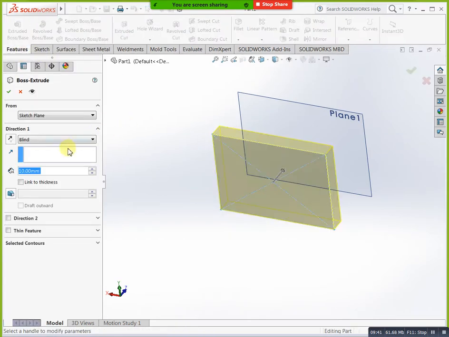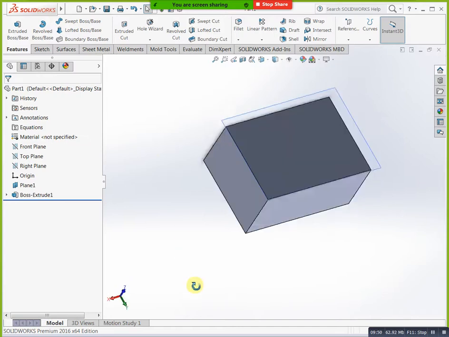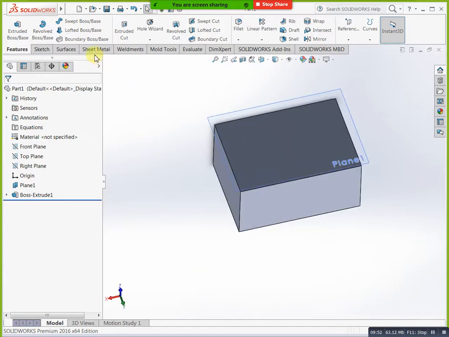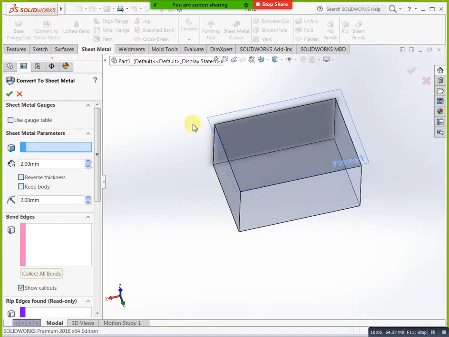Convert to sheet metal means, for example, if we have any type of solid model, that solid model I need to convert it into sheet metal. How can we convert that one? Just you can select this convert and you can go with this. Okay, which one you need? For example, I need to convert this one. Okay, when you selected this, asking sheet metal thickness, how much is there? 2 mm is there. If you need to change your sheet metal thickness, you can mention here 1 mm. If you need 1 mm, here we got 1 mm.